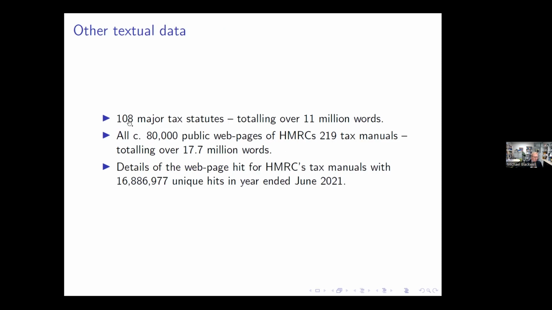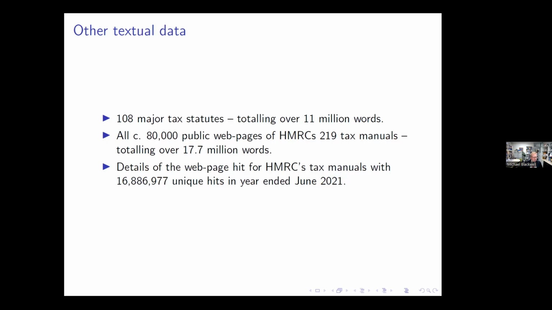Another thing that we have in the UK is HMRC's manuals. So these are originally manuals by the Revenue Authority to their inspectors to tell them how to apply the law. But because of Freedom of Information Act requests, around 20 years ago, HMRC just decided to make these manuals accessible to everybody. And so with these, I can see the case law that is cited in the manuals, so the case law that HMRC considers to be useful.